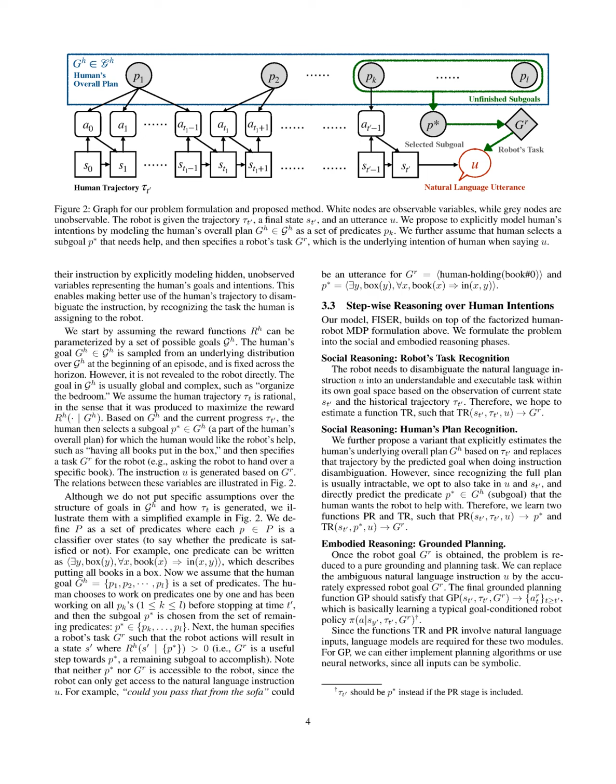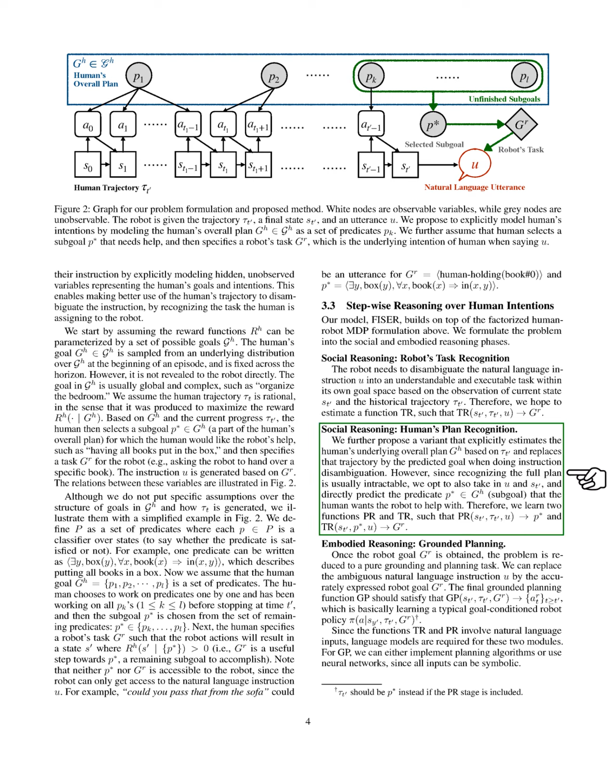Section Summary. In this section, we model human intentions in human-robot interactions by recognizing the correlations between a human's actions, their internal reward function, and the instructions given to the robot. We propose a framework that allows the robot to disambiguate these instructions by estimating both the human's subgoal and the specific task for the robot, leveraging the human's trajectory and the context of the interaction.